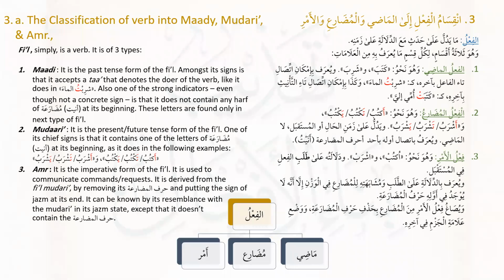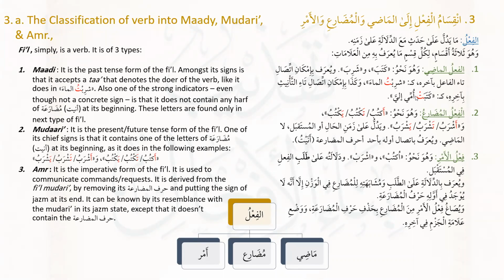Technically, I know everyone knows what an ism is, what a fi'l is, but what do they mention in the books? The fi'l also denotes something, the verb also denotes something, but there is one difference between the two. The time. The sister says the time. That's the correct answer. The fi'l denotes the time of occurrence as well. An ism, a noun, can denote an occurrence, but it does not tell us the time of that occurrence, right? But a fi'l actually tells you the time of that occurrence as well.